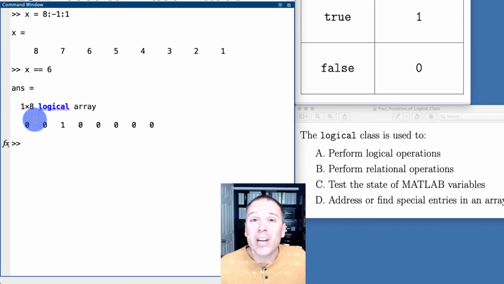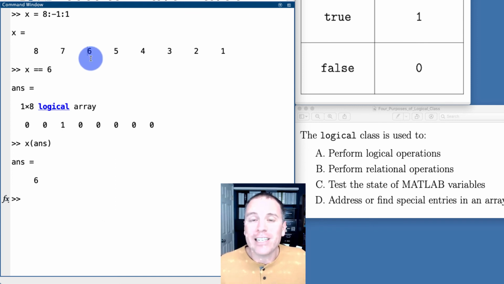MATLAB is going to return a logical row vector where all the values of that vector test that individual relation. Notice in this situation, that logical vector says that the third entry of x has value 6, which is really incredible because if I now take the logical vector produced and put it as the input to my vector x, I can now pull off the exact value that I was looking for.